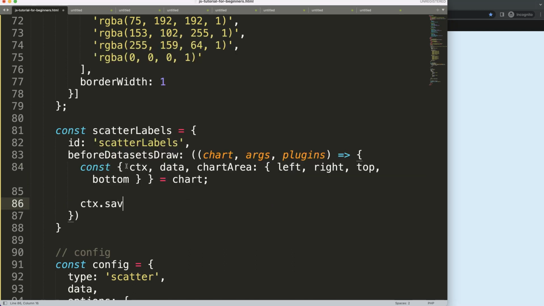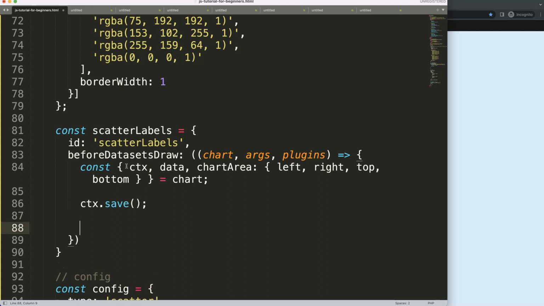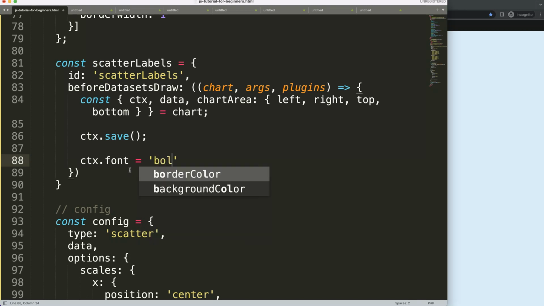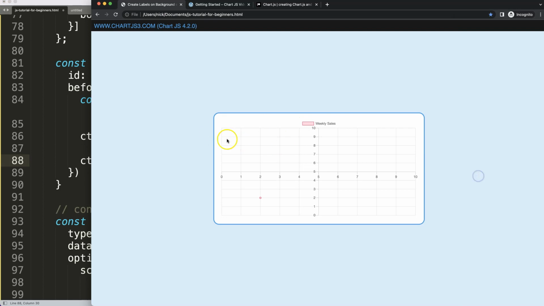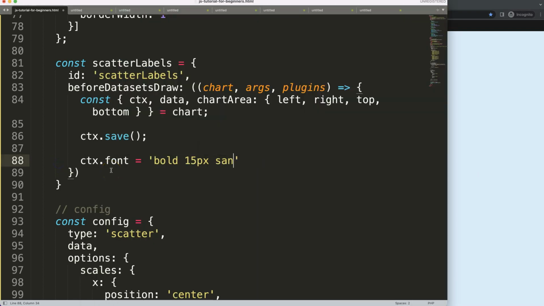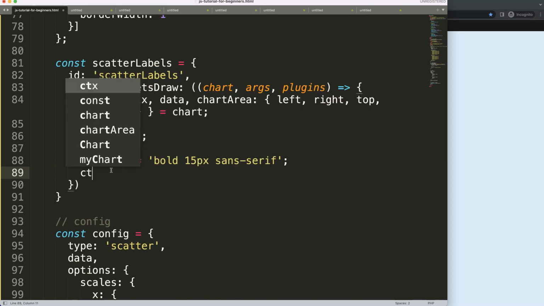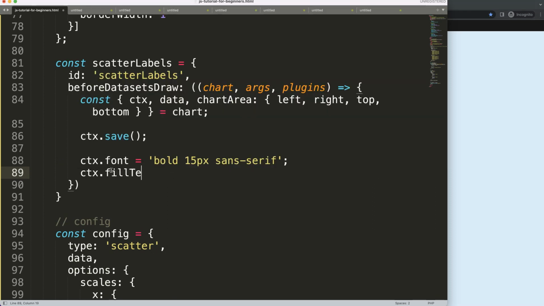I'm going to say ctx.save to save all variables above and keep this as our default. Now what I want to do is I want to start working on creating a text. So I'm going to say ctx.font to indicate a bold text, 15 pixels for these labels that we want to show here, and then the font family will be sans serif. So once we have this, the next thing what I want to do is I want to say here ctx.fillText,